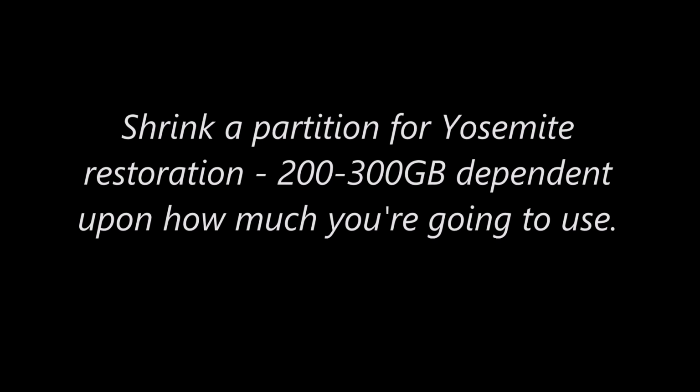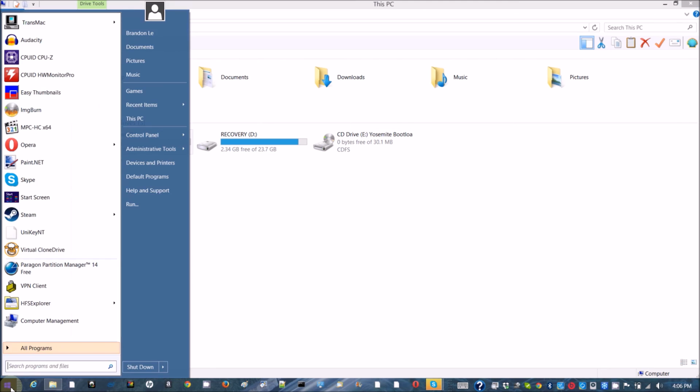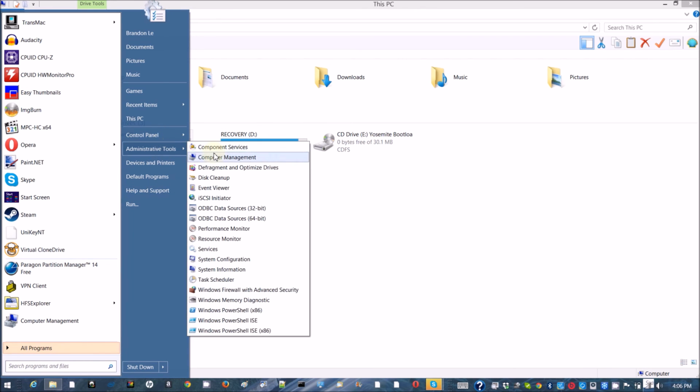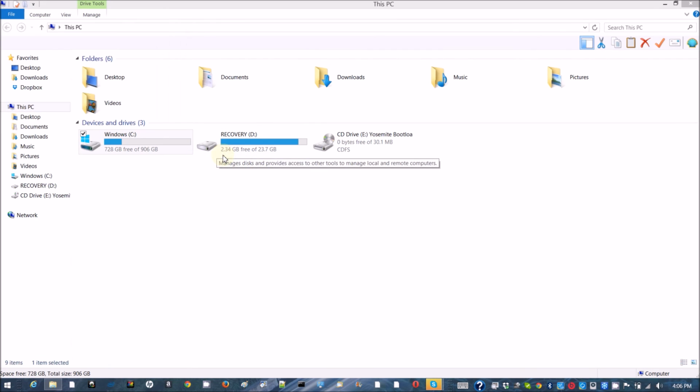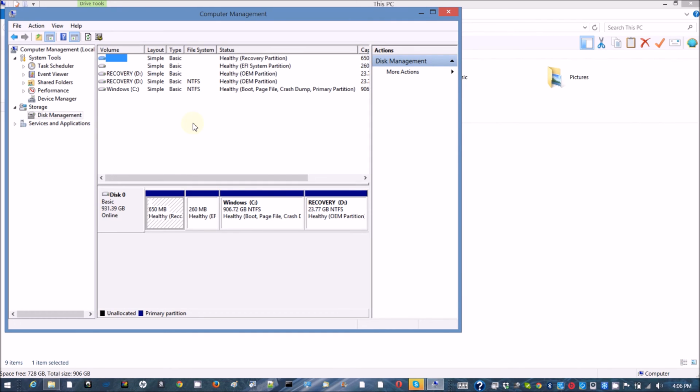So now I can shrink a partition for my Yosemite. I'm going to use a lot with Mac, so I'm going to make it a 300 gigabyte partition out of this 1 terabyte C drive. I want to use Windows very minimally for this laptop. So shrink it and then just do the simple